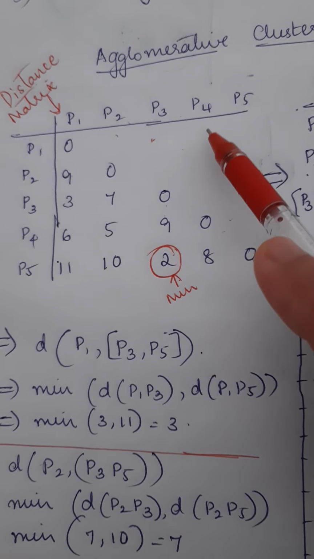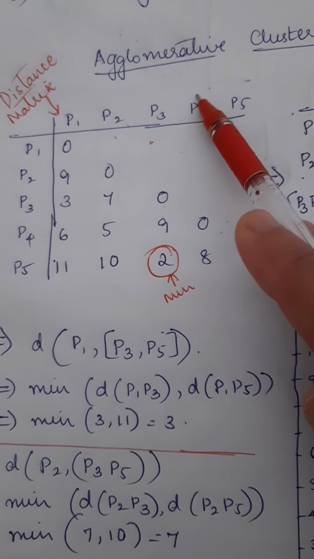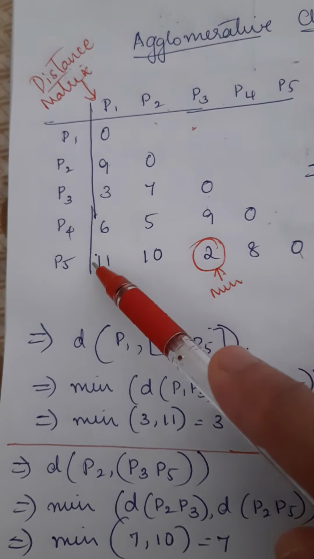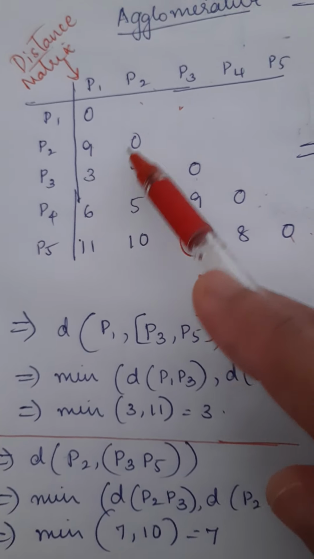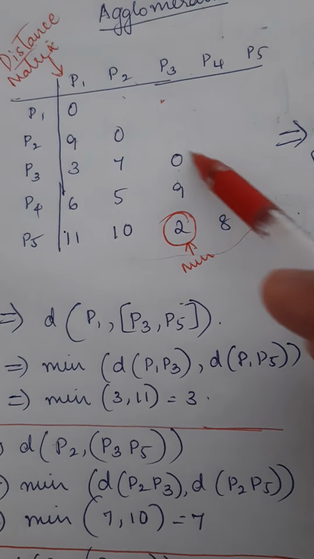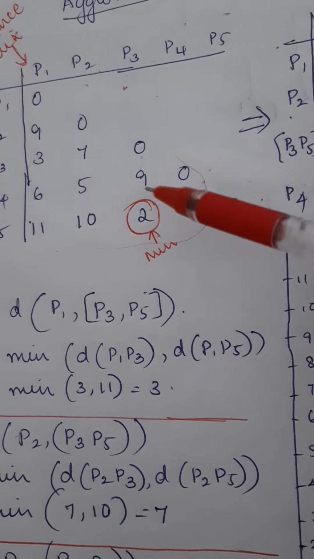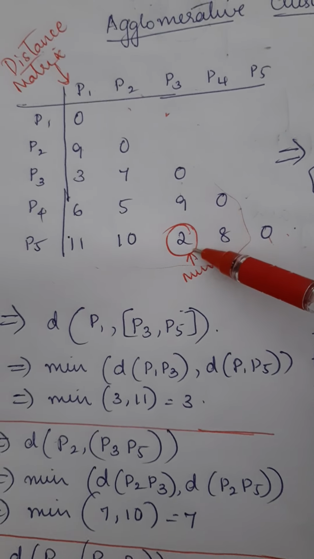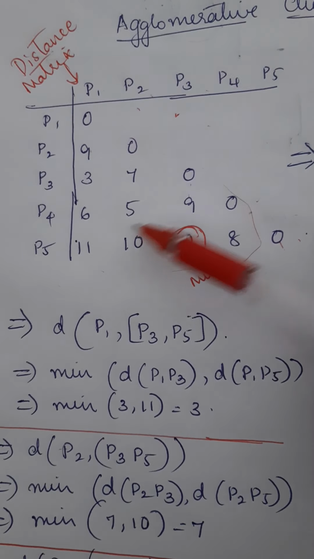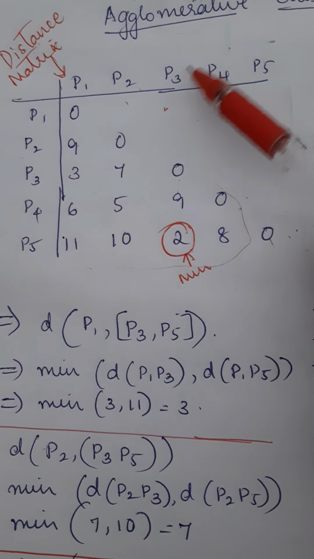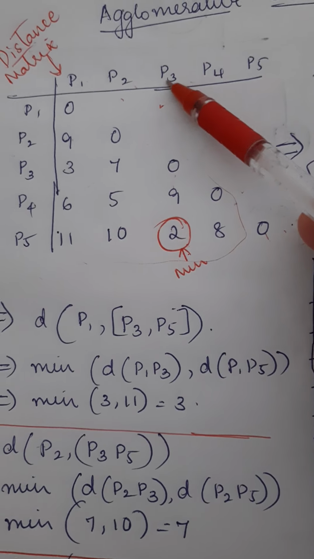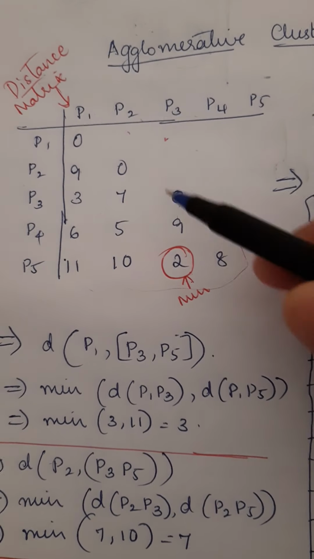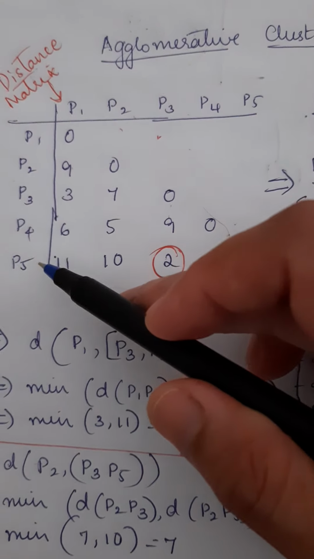That means we are going in a bottom-up fashion in agglomerative clustering for this method. Now how do I do this? First I have to find the least value in this distance matrix. The least value given is 2. Now 2 is formed from which 2 points? It is formed from points P5 and P3, and the distance value is 2. So now I am going to merge points P3 and P5.